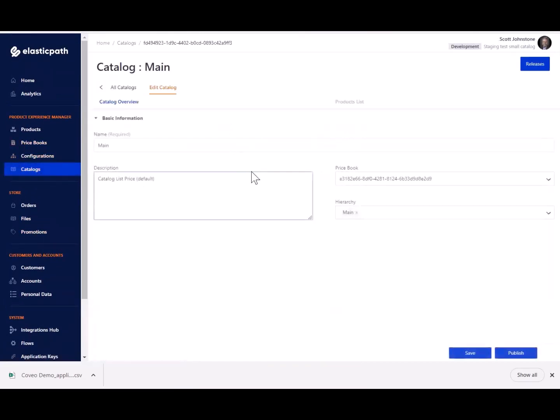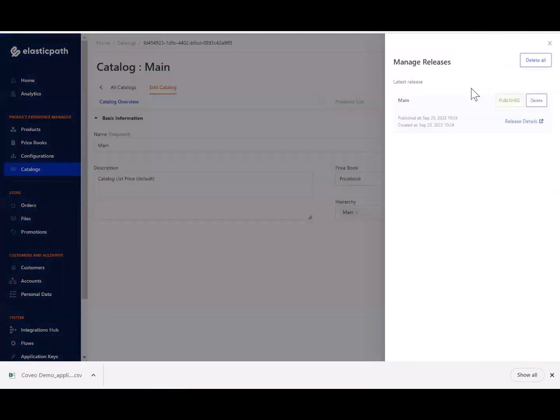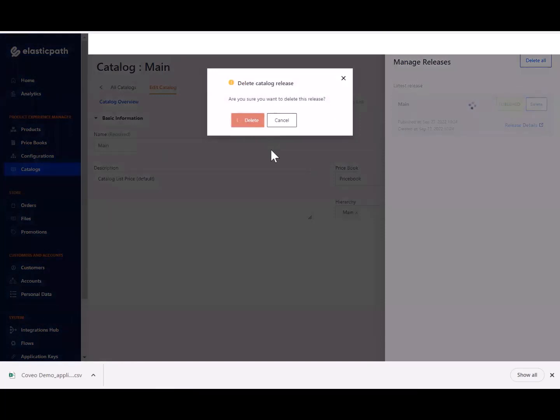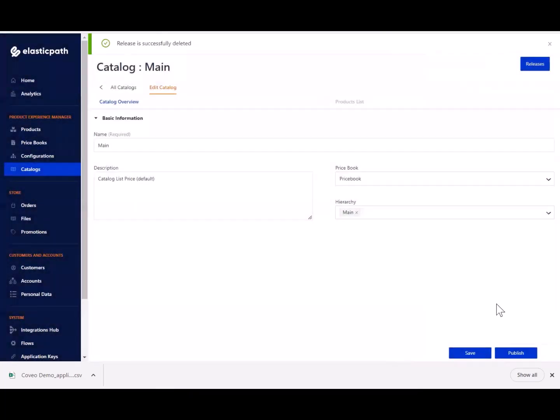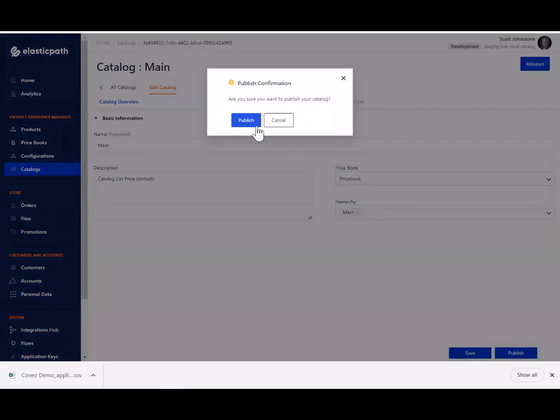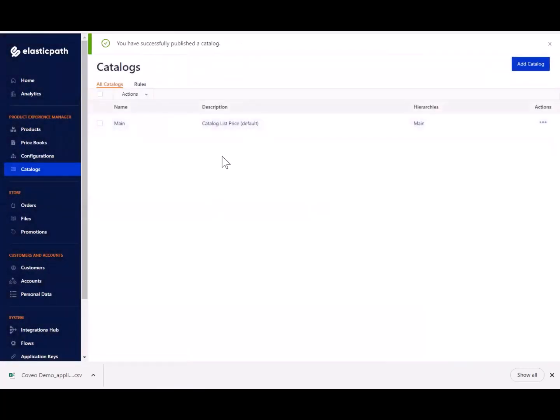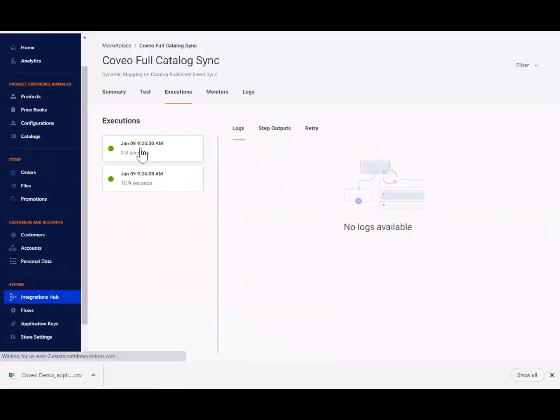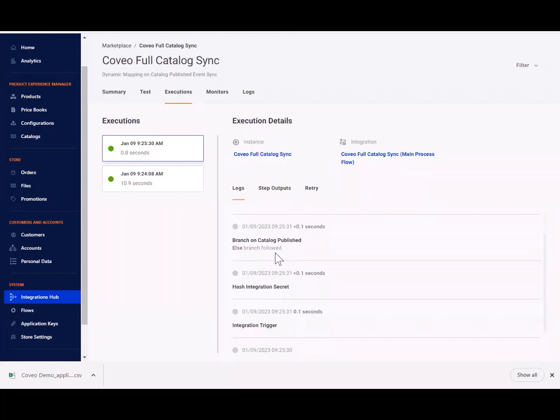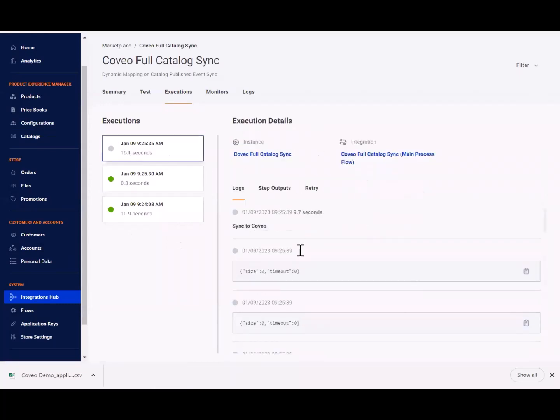I'm going to go into this test catalog. I'm going to look and see if I have releases. Let's go ahead and delete any previous releases so we have a nice clean catalog to publish. And we'll say publish. That's going to trigger a couple events. The first event says, hey, I started, but because it said in progress and didn't say catalog published, it then branched out to wait for the catalog to finish. So now it started again,